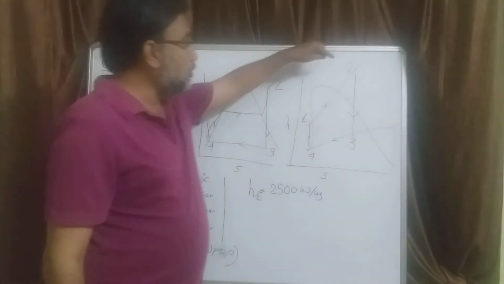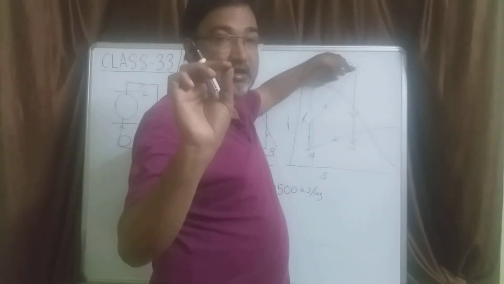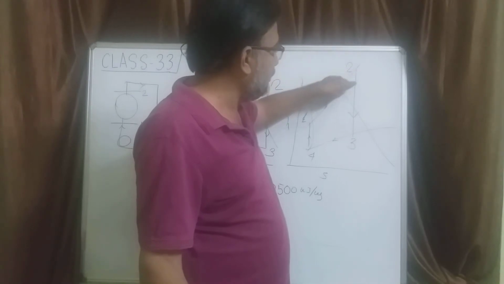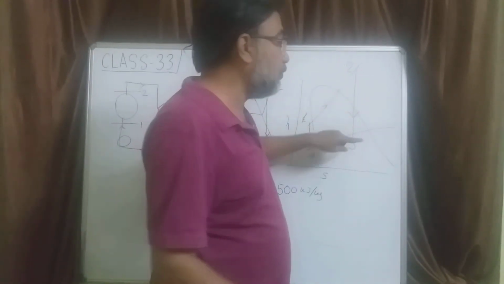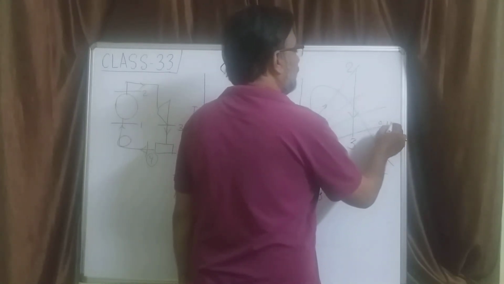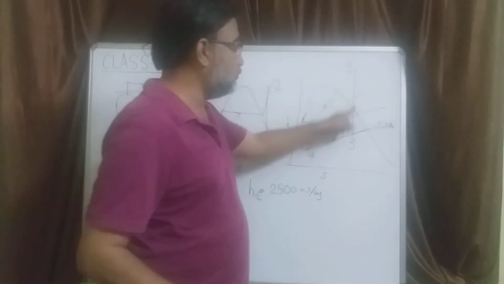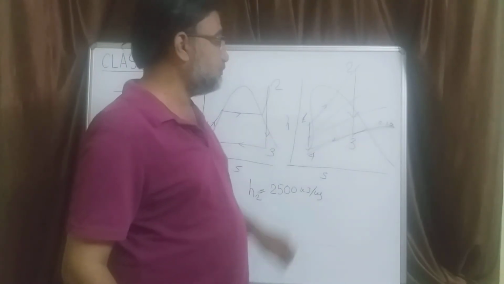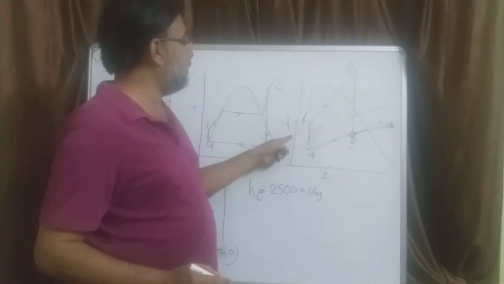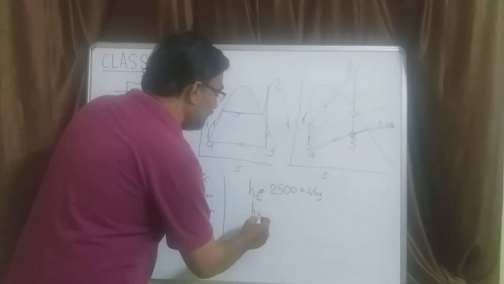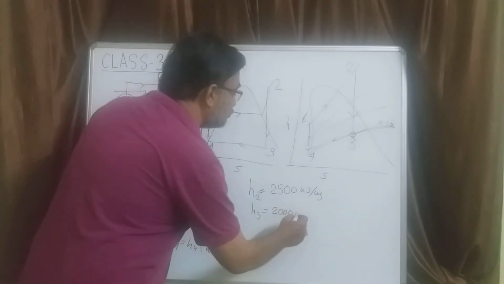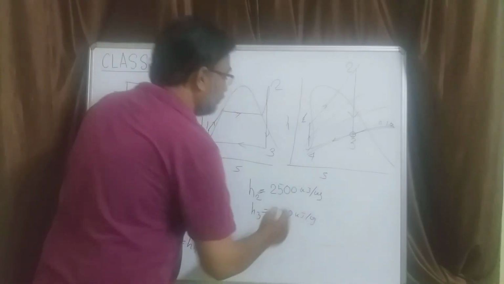Then in the Mollier chart, you locate the point, put a pencil mark there and put your scale vertically down there and see where it is crossing the 0.1 bar line. So the lines are like this. So you see 0.1 bar line. So that 0.1 bar line, wherever it crosses, that point is point 3. Once you locate the point 3, then the corresponding H value is H3. So H3, say 2000 kilojoules per kg. Alright.